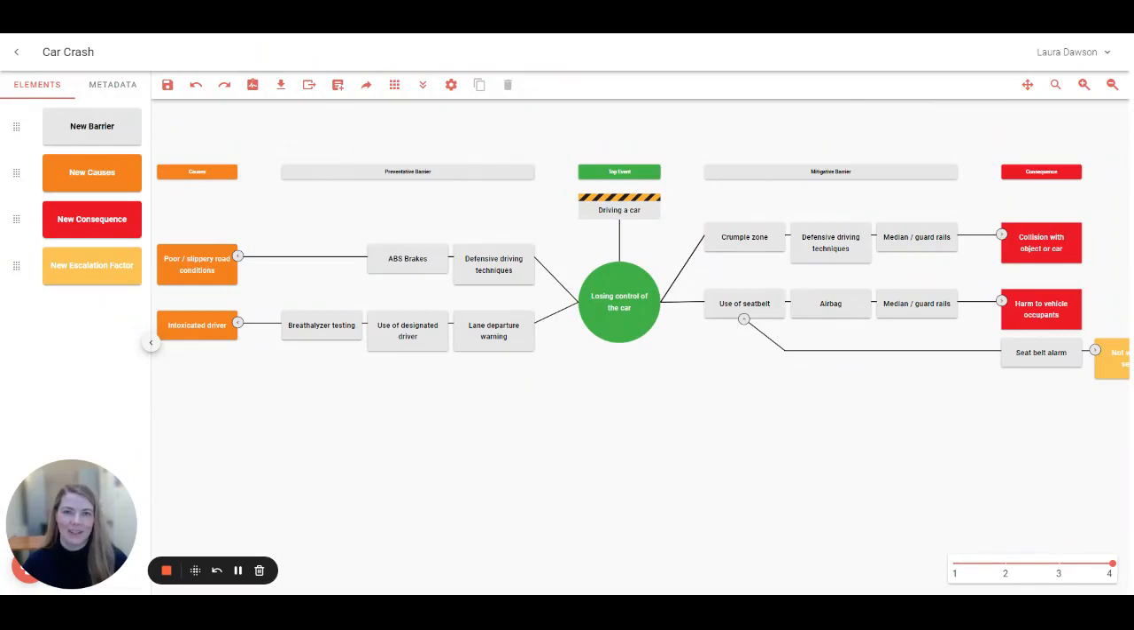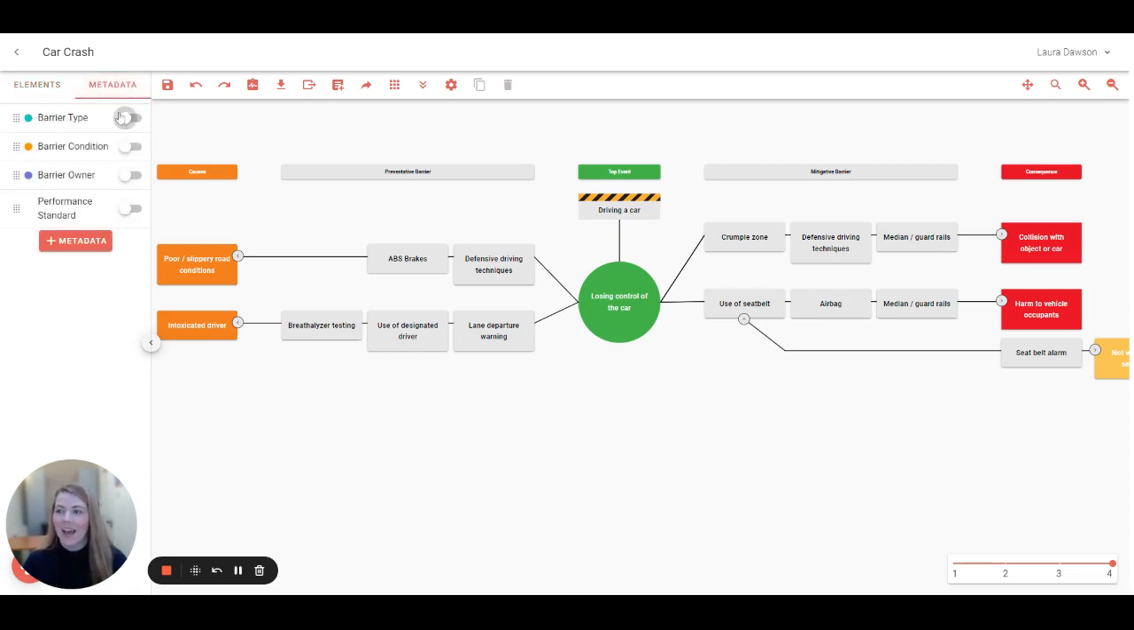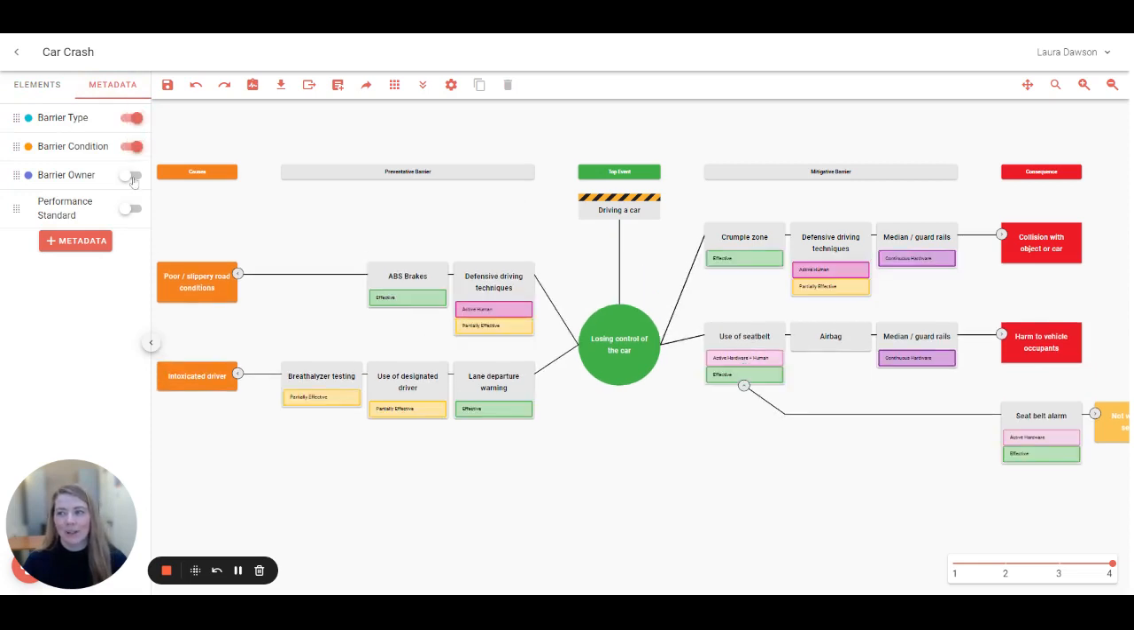Here is how to use metadata to make sure you showcase your barriers correctly. So on the left, we have our preventative barriers, and on the right, we have our mitigative. You'll see that there's no information added to this. We can easily do this by heading over across to the metadata and selecting what type of metadata we want